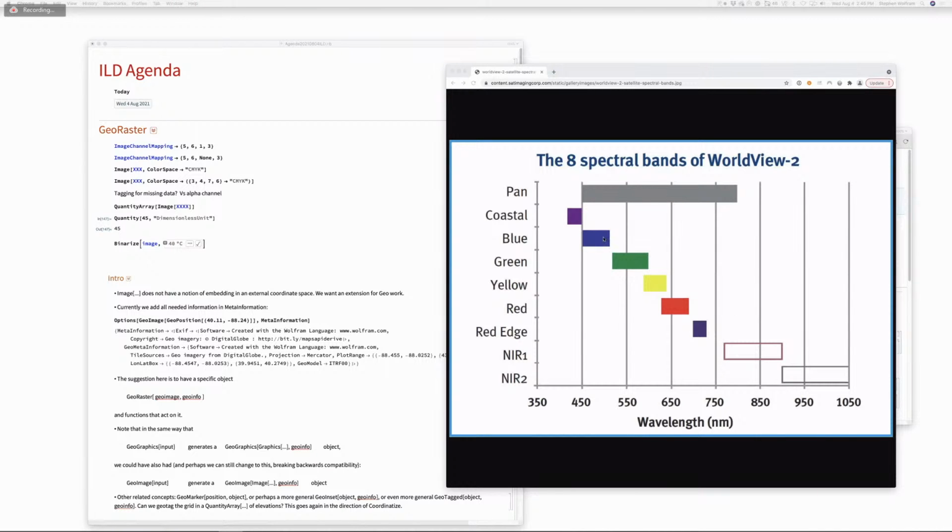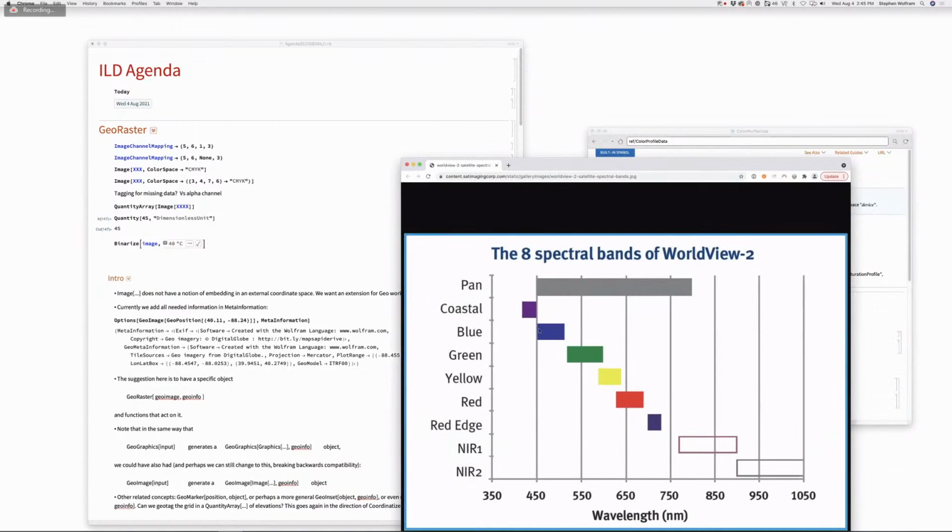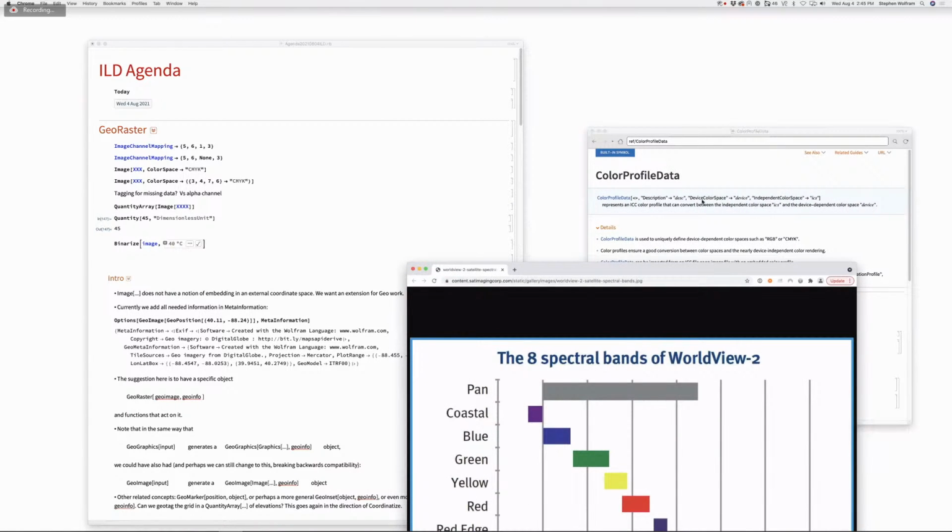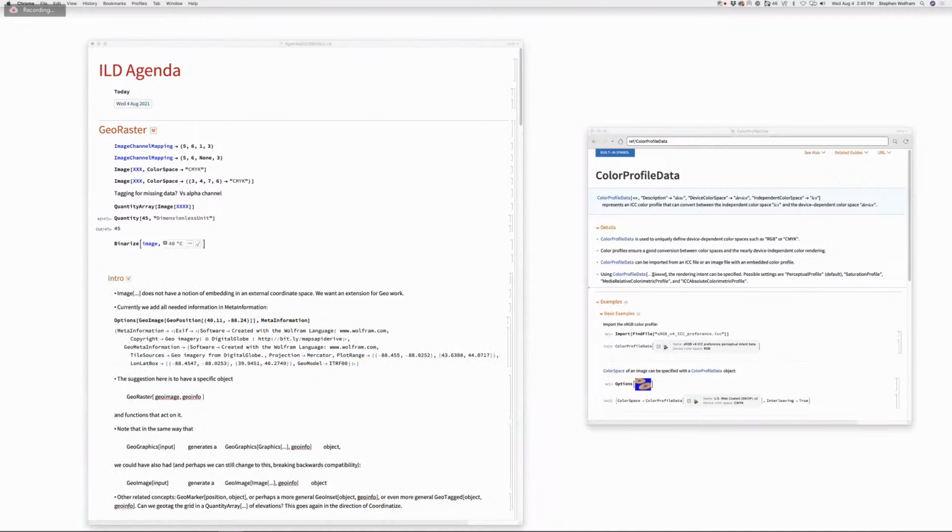Right, but the other point is for the color profile data, there's ultimately going to be a convolution. Each one of these defines a convolution of some kind, and you're adding those together somehow, and then deconvolving by some kind of device color space thing. It's a little bit complicated, but okay. That's a separate issue. Let's talk now about the